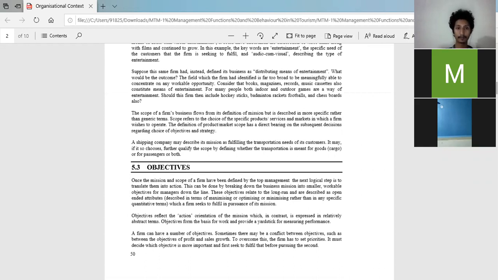So, objectives. Objectives means, definitely, if you play games, each level you have some